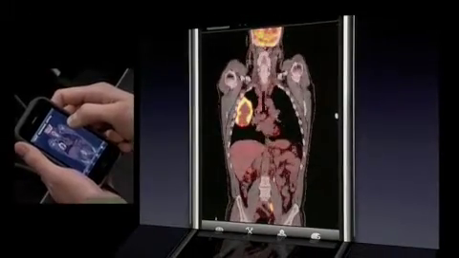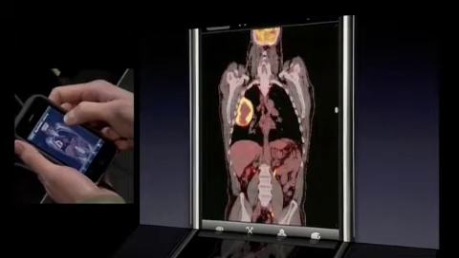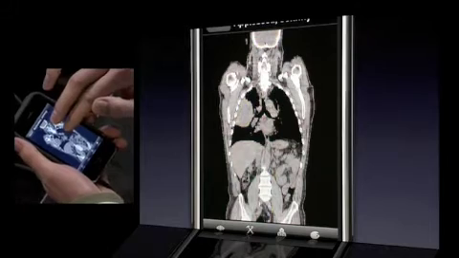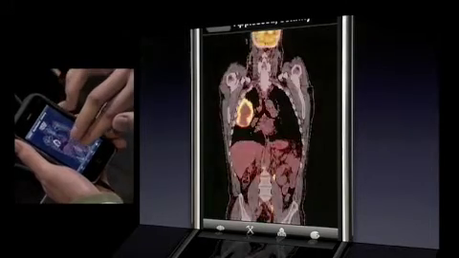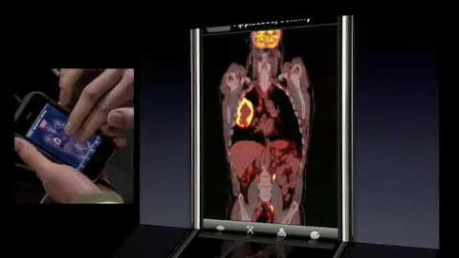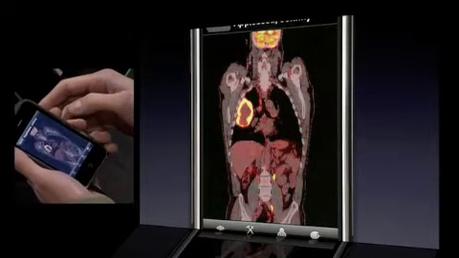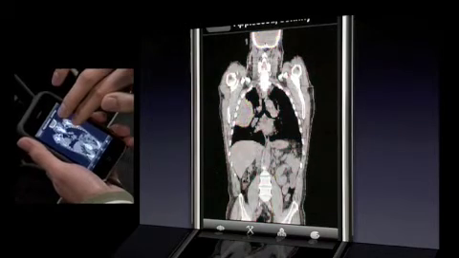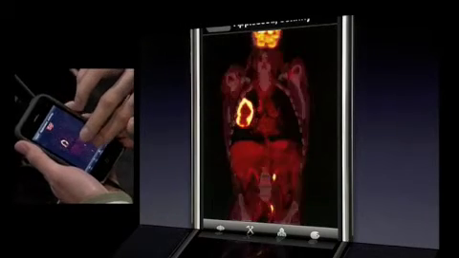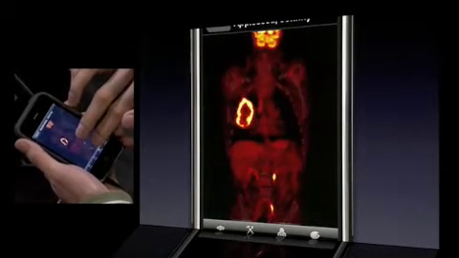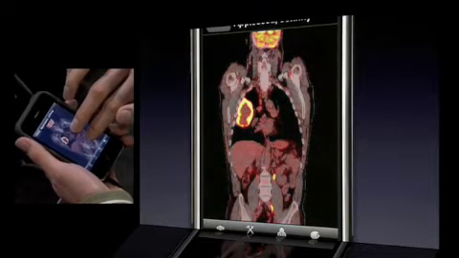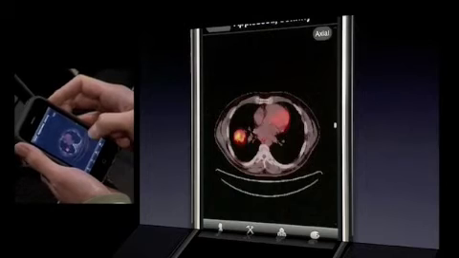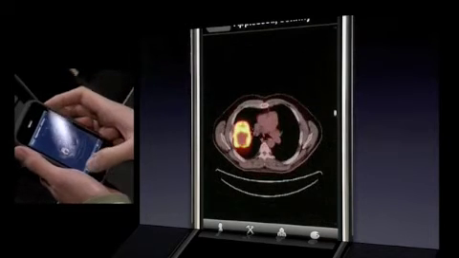Right now, we're moving through the slices of a fusion study with a one-finger slide, where we have a CT scan showing anatomic data and a PET scan showing metabolic activity. The two-finger slide changes the blending. Think of how a weather map works, where you have geographic data overlaid with temperature. We fuse the two together and present it as a multiplanar reconstruction. Tap View to change the viewing plane so that you can see the data from the bottom, from the side,